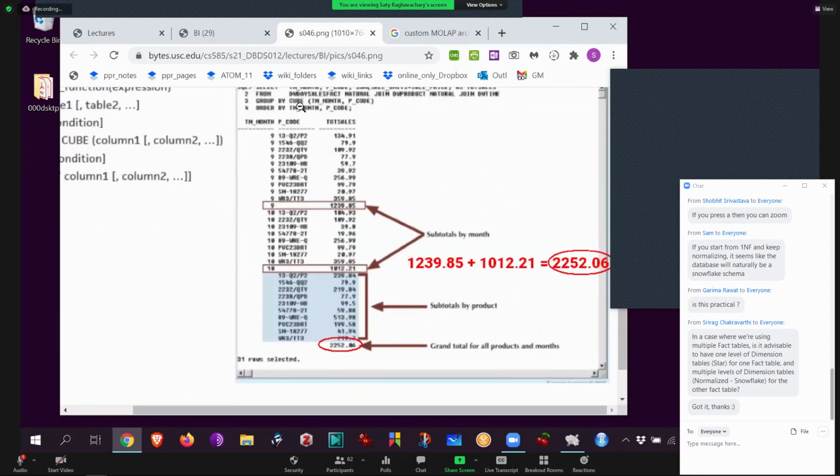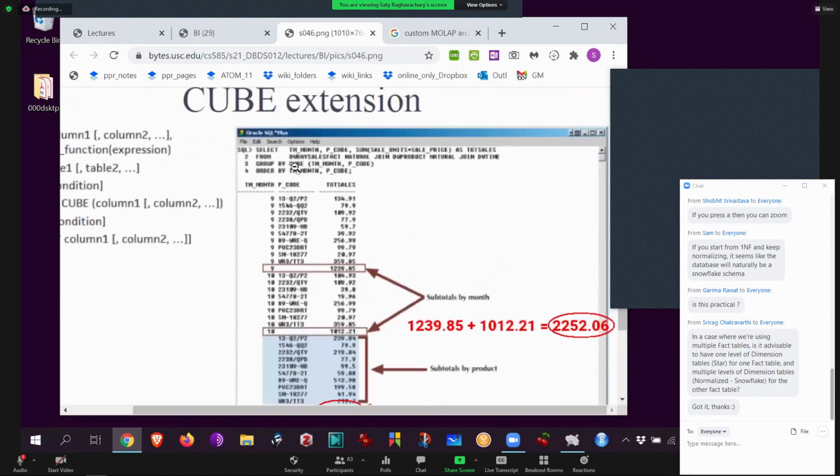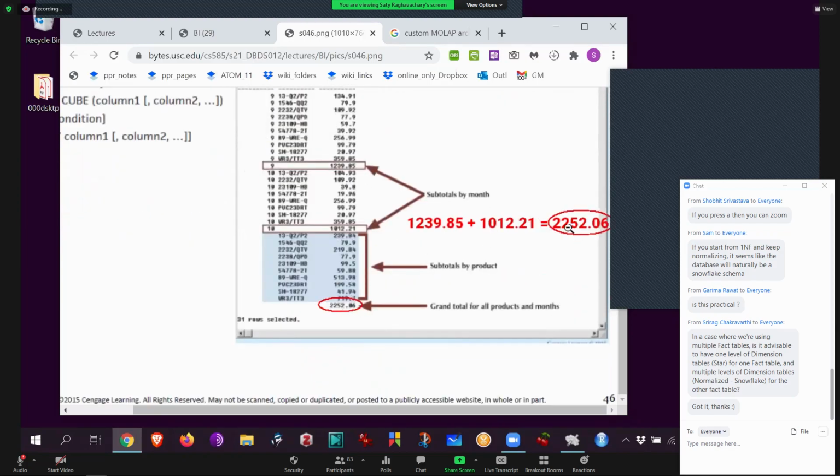By the way, the example changed a little bit. Now it is month and product, not vendor and product. In any case, first of all, you get month, month. It doesn't matter what product, total, total. You add those, you get that. Then you go back and do it the other way around. For every product, both months, like a 9 and 10. Next product, 9 and 10. Next product, 9 and 10. So now it's by product. This was by month, that's by product. They both become equally represented. So in a cube, it doesn't matter how many dimensions you name, in what order you name them. You will get a subtotal for every single separate column. And obviously, all the subtotals will add up to the same main total.